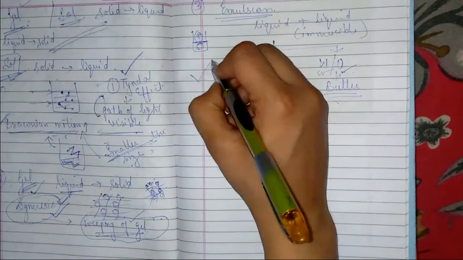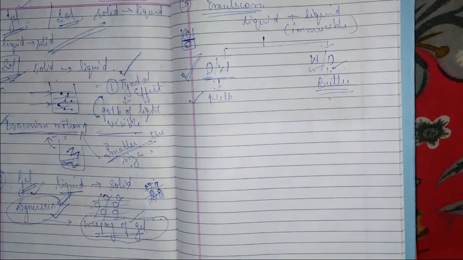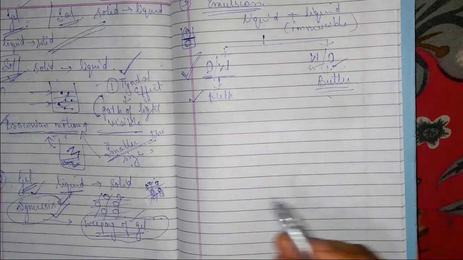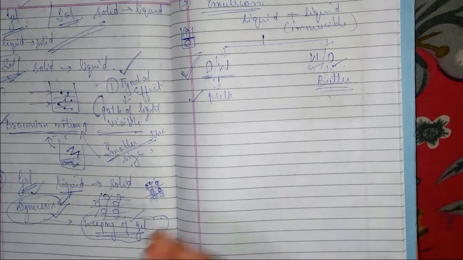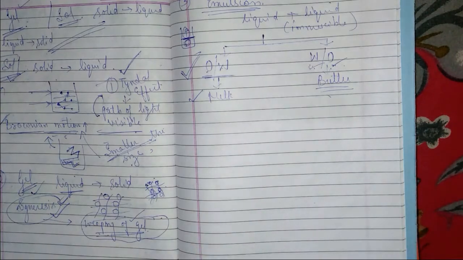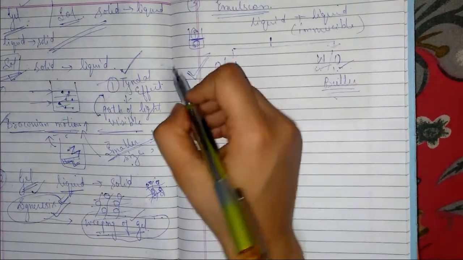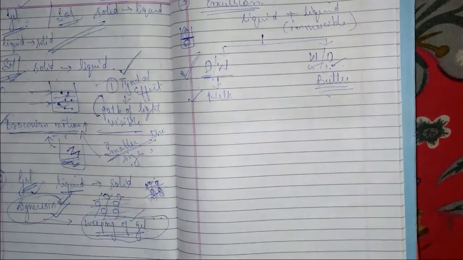This question is also very important from the point of view of exams, because a lot of the time questions are asked, various options will be given to you, and you will have to find out which example is for oil in water emulsion and which is for water in oil emulsion. So keep this point also in mind, it is also very important.